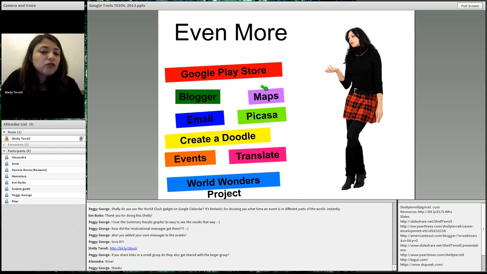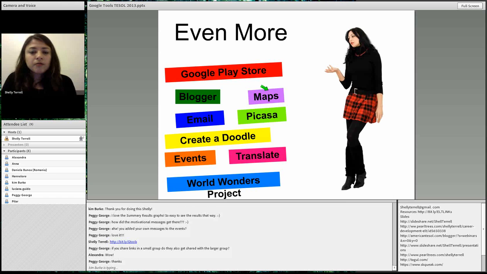You have Google Maps, which is really wonderful. You can embed it on a wiki or on a blog, and you can have all your students, maybe in online classes, put where they're from around the world. You can use it, for example, if you're blogging and then you have comments, then you can actually pinpoint where in the world these comments come from, and your students find that very energizing and very motivating because they want to see where all these wonderful comments are from. They love it.